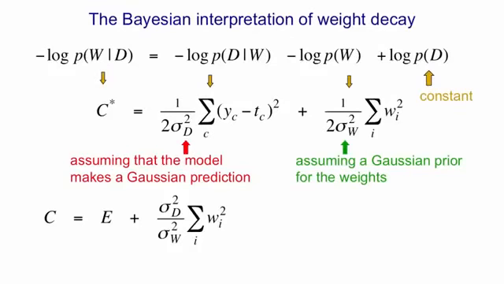So we initially thought of weight penalties as just a number you make up to try and make things work better, where you fix the value of the weight penalty by using a validation set. But now we see that if we make this Gaussian interpretation, where we have a Gaussian prior and we have a Gaussian model of the relation of the output of the net to the target, then the weight penalty is determined by the variances of those Gaussians. It's just the ratio of those variances. It's not an arbitrary thing at all within this framework.